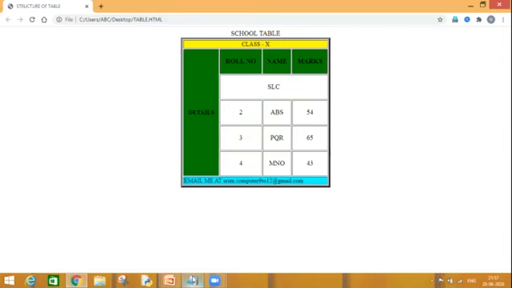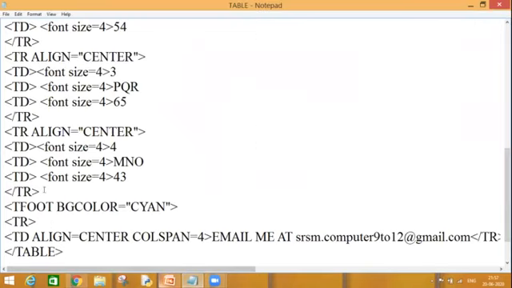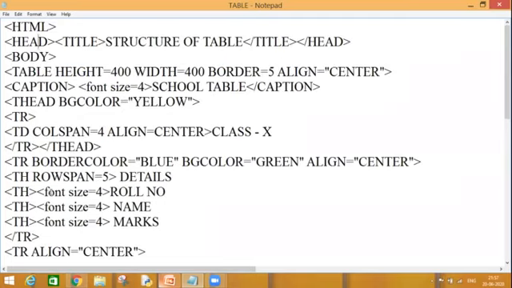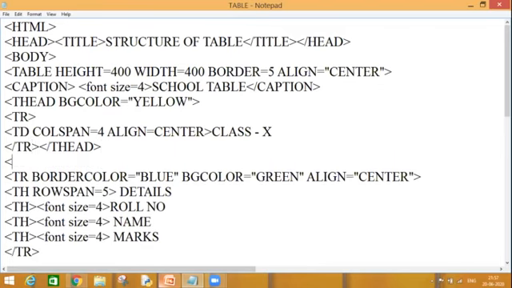I will group them together into my TBODY tag. So my second row starts from here. Before this, I will declare it as TBODY, and the background color I would like to take as orange. Close. And TBODY I have already closed.